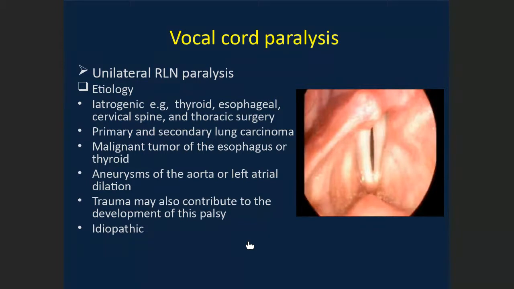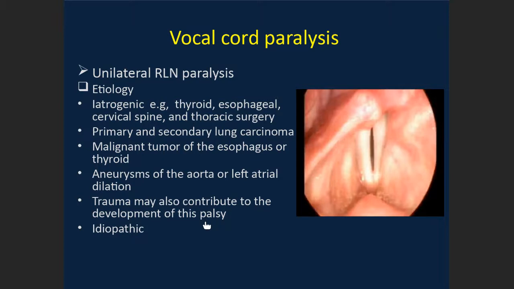Bilateral, both vocal cords are paralyzed. The cause is either iatrogenic, that means during or after surgery, head and neck surgery like thyroid surgery, also chest surgery, thoracic surgery, primary and secondary lung carcinoma. So any lung cancer can lead to paralysis because of the course of the recurrent laryngeal nerve down in the chest. Also malignant tumor of the esophagus and thyroid, aneurysm of the aorta or left atrial dilation,